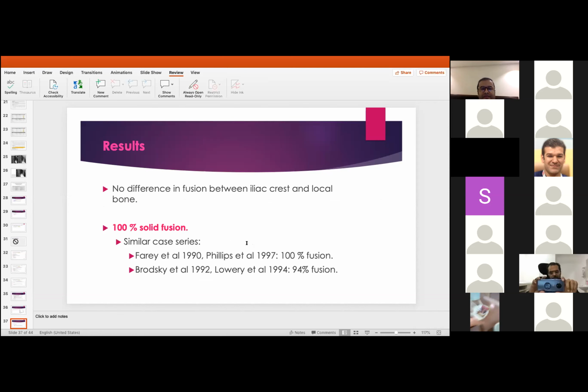So the bottom line of this paper: there is no difference actually between taking the graft from local areas or the iliac crest. But they said if you're doing a posterior fusion as a salvage procedure after a failed anterior, you probably have about 100% fusion rate, which has been replicated in prior studies